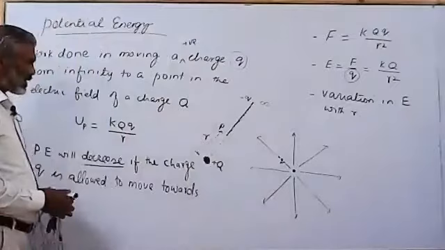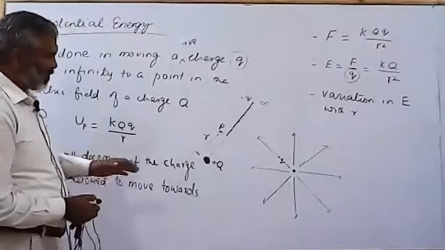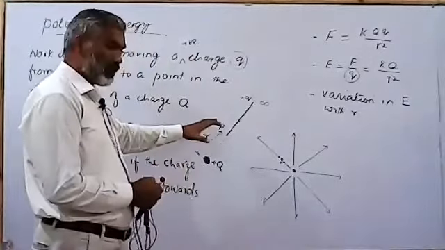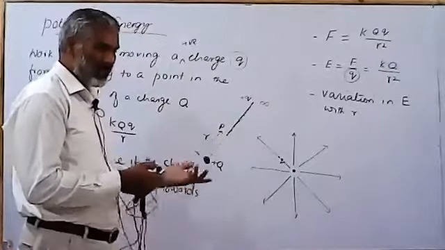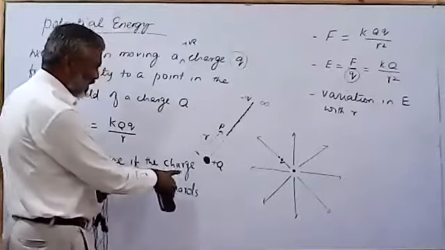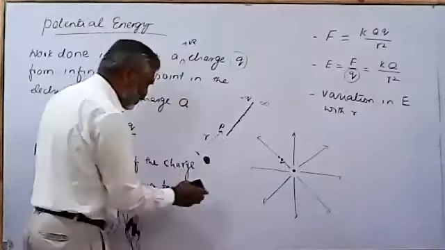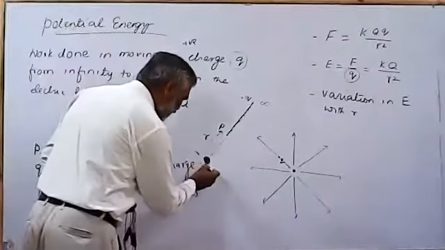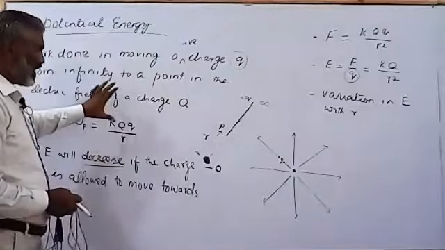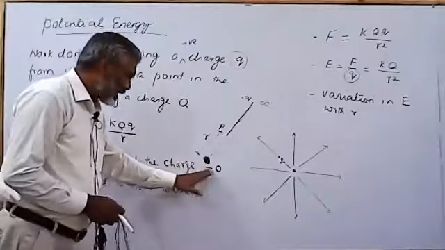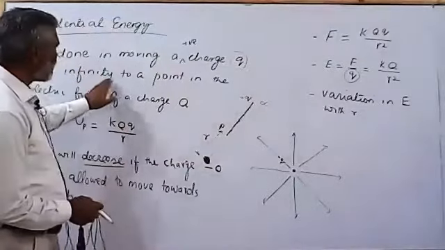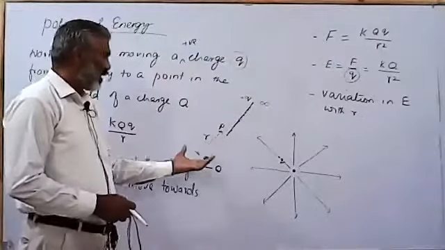I will make a comparison between what happens when I have a negative charge here, and then I will relate the change in potential energy to the electric field, and there will be another equation that we'll discuss. But before that, let me discuss what happens if I replace this charge with a negative charge Q. Now, the definition of the potential energy remains unchanged. Even if you have a negative charge here, a positive charge small q is brought from infinity to a certain point P in the field of this charge.